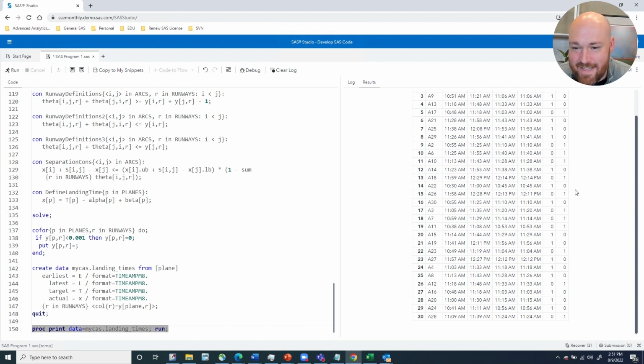You can think about trying to do something like this manually, and it being, at best, a long, drawn-out, arduous process, or at worst, a full-on exercise in futility. But the OPTMODEL procedure makes it very easy to build and construct optimization models of varying scale and complexity. Hopefully you've enjoyed this example walking through the aircraft landing problem. If you're new to PROC OPTMODEL, I encourage you to look at the various types of functionality available to you. It's a very powerful procedure that allows you to build and solve various types of optimization problems.